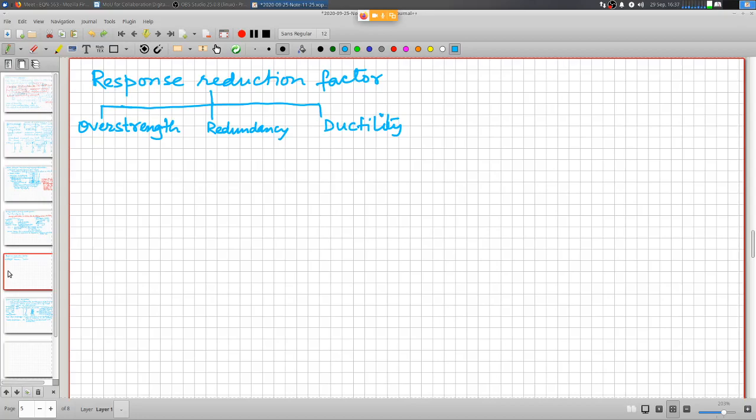What do you mean by overstrength? Any ideas? I may try, sir. Yeah, sure. In the working stress method, we generally increase the capacity of the member by 33.1/3%. That can be termed as overstrength. No, not that. So the presence of redundant members in the system. No, that redundancy is a separate thing.